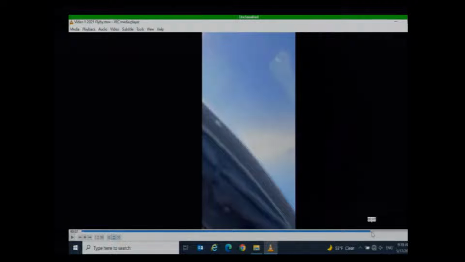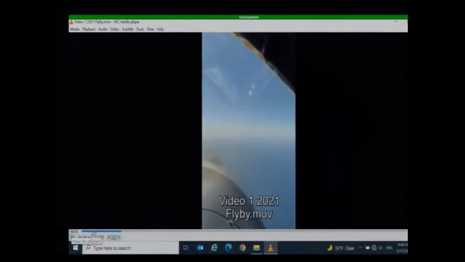Can you point to the screen again what we're supposed to be looking at? Okay, if you could stop that frame.